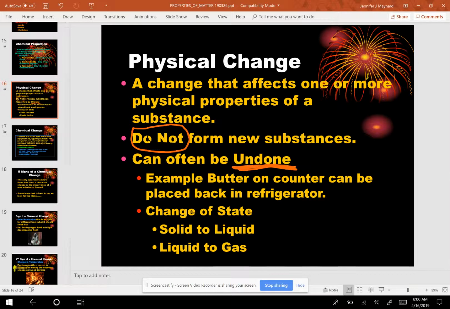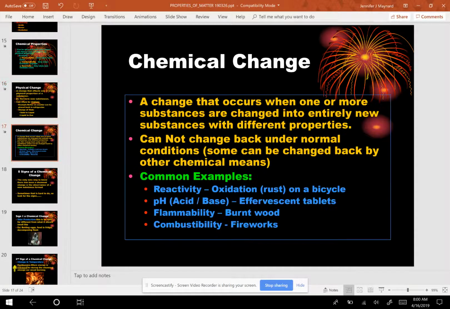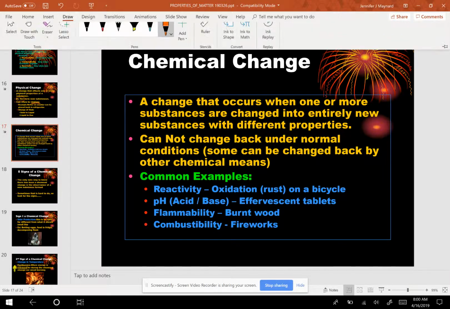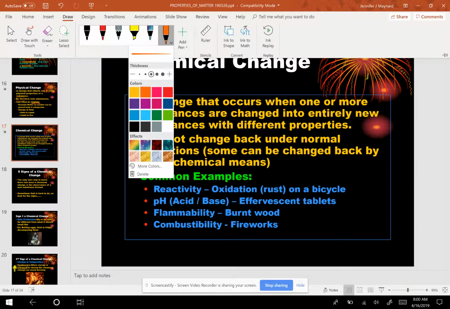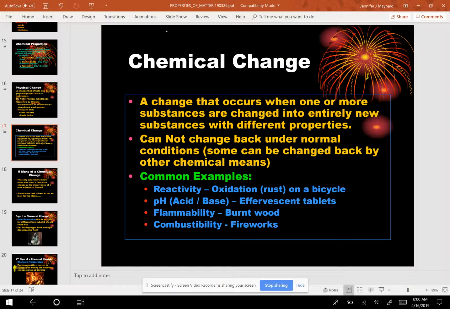A chemical change, we were about ready to start chemical changes. A chemical change is a change that occurs when one or more substances are changed into entirely new substances with different properties. They cannot change back under normal conditions, although just be aware of this, because I don't want you to be confused if you ever take other chemistry classes, there are some chemical reactions that can go backwards and forwards. But for now, just be aware that most of the time,